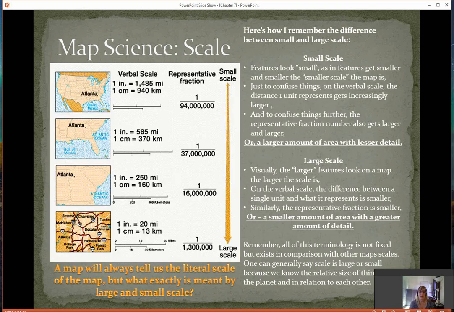So let's talk a bit about scale. Scale is actually kind of confusing in some ways, at least it has always been a challenge for me when we talk about small scale versus large scale. So the important thing to remember is that while we can see what the scale says on a map, we have our examples of verbal scale, representative fraction, and graphic scale, and you can see how they play against each other. But when we talk about large and small scale,